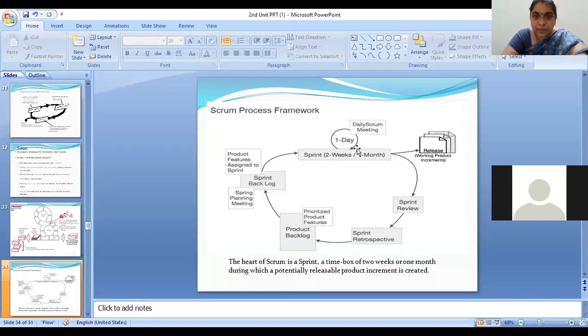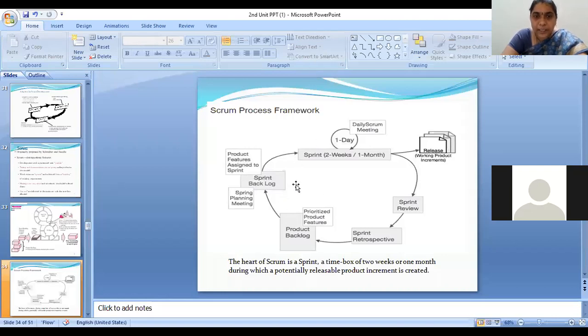Now there should be someone who monitors the daily meetings conducted by the team members, or gives all the requirements which the team wants in order to develop. Once the team goes into the development phase, they can't go and search for all the things they want. They just start their coding, their development process. In that process, they will need some requirements which should be provided by some person. That person is called the Scrum Master.